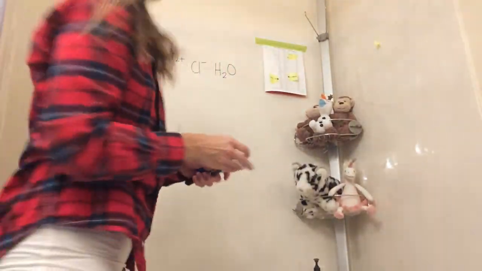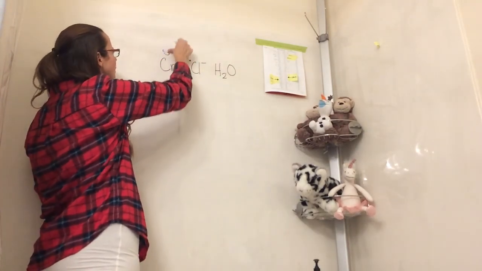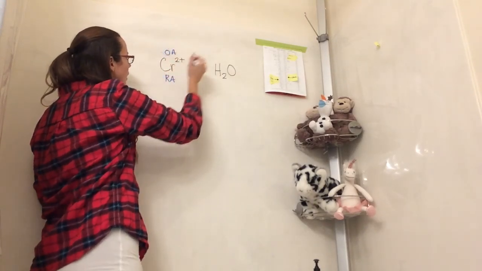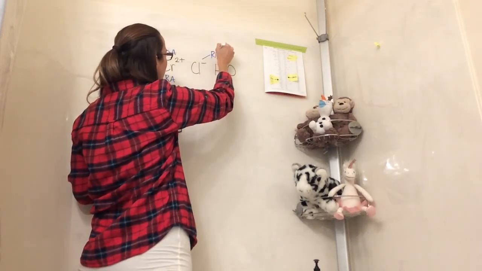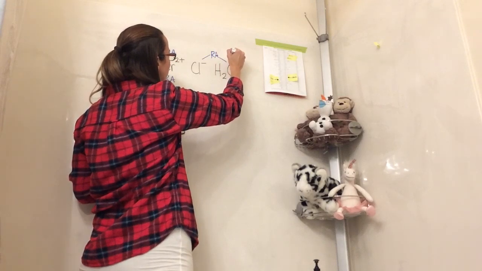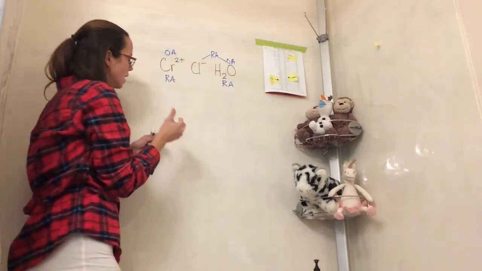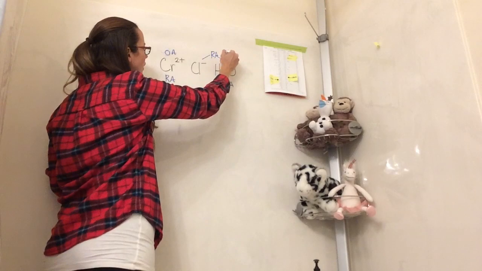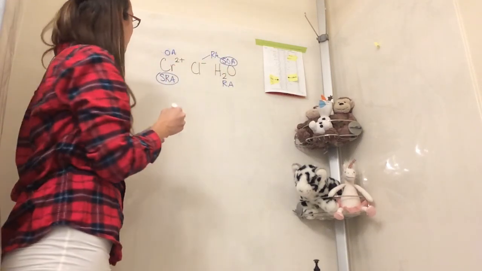So let's go ahead and label these and then write our half reactions. So our chromium 2 ion is both an oxidizing agent and a reducing agent. Chloride and water are reducing agents. And then water, of course, is both an oxidizing agent and a reducing agent. Our strongest oxidizing agent then is our water, and our strongest reducing agent is our chromium 2 ion. So here,